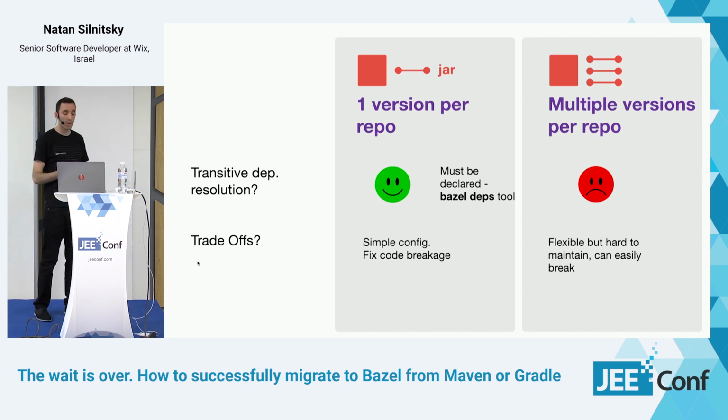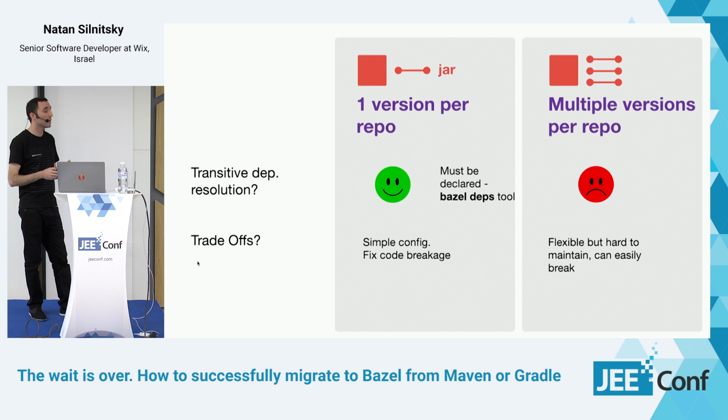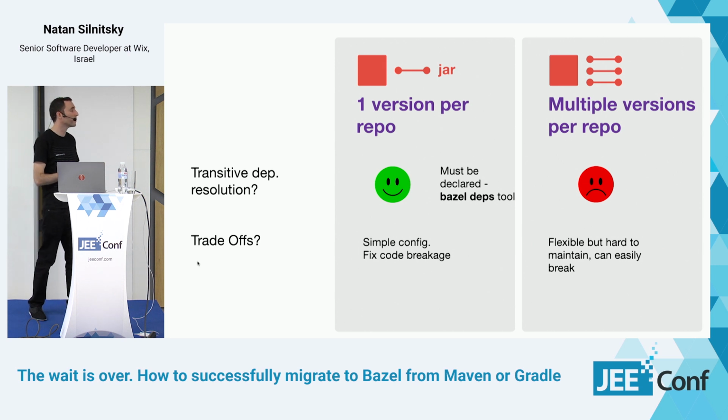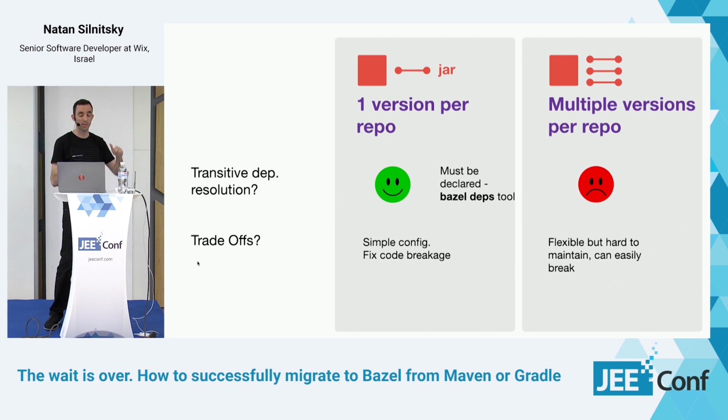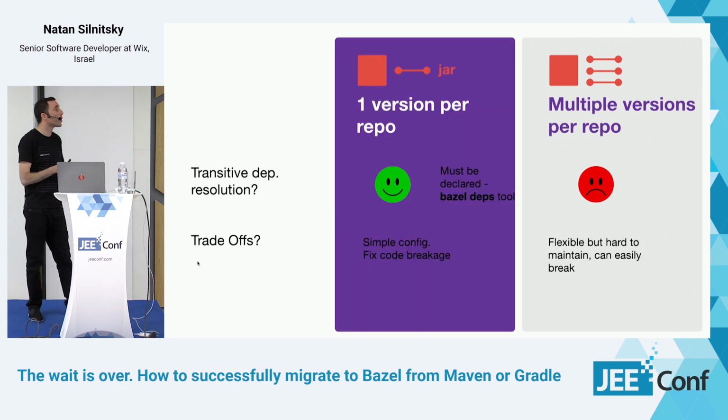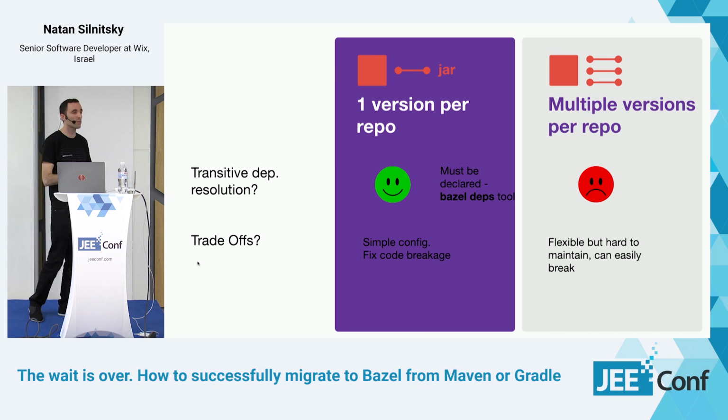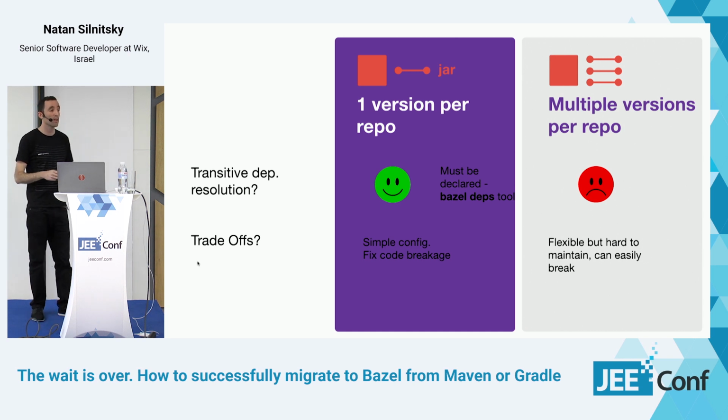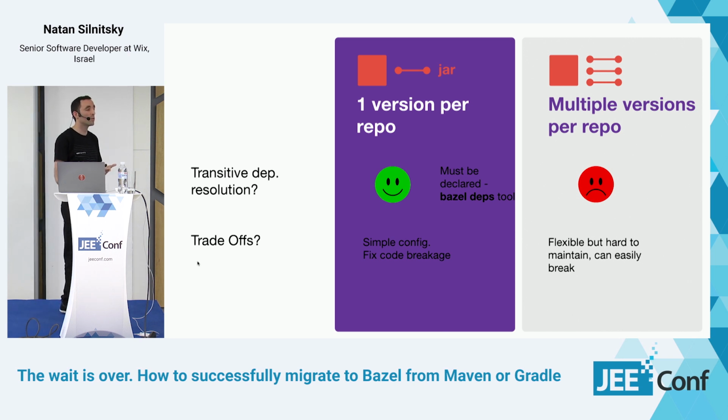But the silver lining here is that you should have one version. It means that you will need to have code changes to make your code adhere to the latest version usually. But Wix not only adopted the one version per repository policy, but one version even for the entire organization, because that means you always get higher versions with bug fixes, with performance improvements, and everyone keeps progressing at the same time. You don't have technical debt, and so we do have here and there